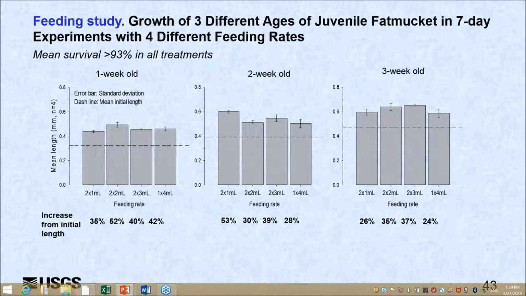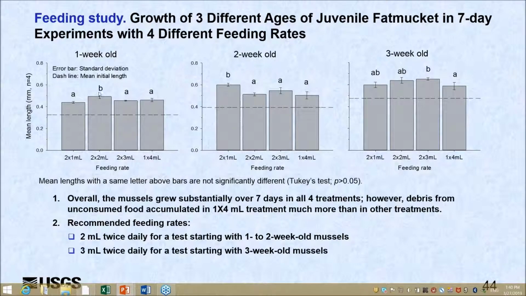So these are the results from the feeding study with different ages of juvenile mussel at 4 different feeding rates. The dashed line is the average initial length at the beginning of the testing, and you see the mussel length increased about 30 to 50% over the 7 days. There is not much difference among the 3 ages, and when statistically analyzed, we do not see consistent